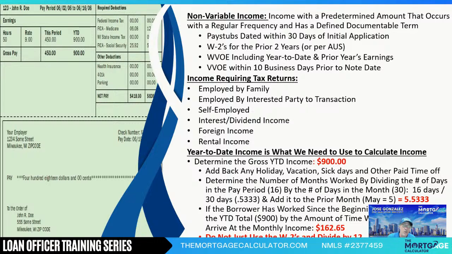Now, you could do that if you want to establish some type of a benchmark, like what would he have earned if he worked 40 hours every week, because borrowers sometimes do not work 40 hours every week in the whole year. There may be a pay period where they work a few less hours. Maybe that's because of vacation, paid time off, holidays, whatever it may be. And that's where those other categories may come into play. So if you want to do that calculation just to confirm what it would be in the ideal scenario, to see if you're over or under in your year-to-date calculation, but only use that just to compare,